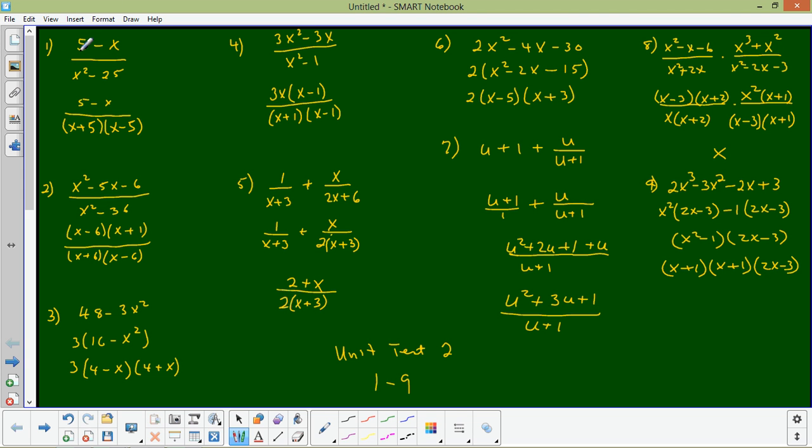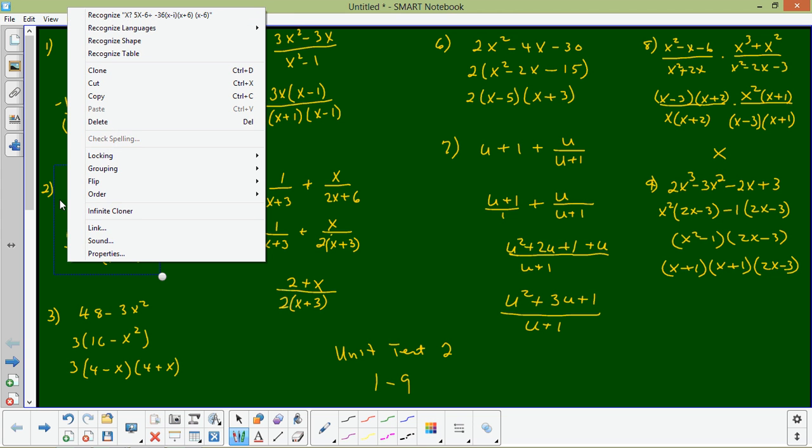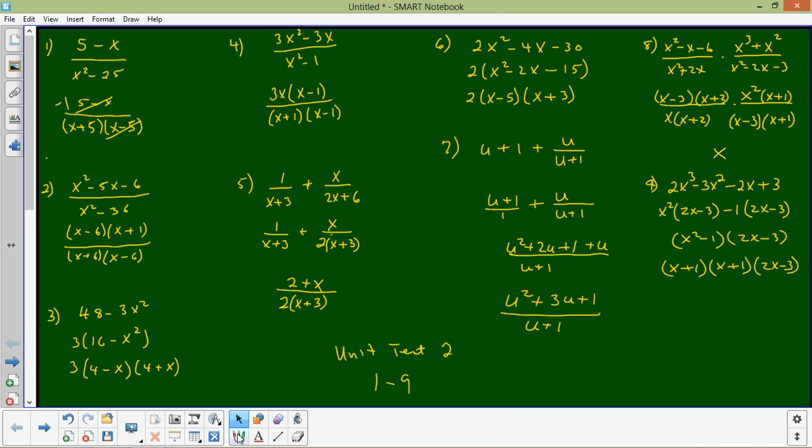Number one here, 5 minus x over x squared minus 25. The x squared minus 25 obviously factors, difference of two squares, into an x plus 5 and x minus 5. And then, swapped around a minus sign, x minus 5 and 5 minus x are signed opposites. So they cancel, but not one for one. They cancel one for minus 1. And so from there, we get a final answer on question number 1 of negative 1 over x plus 5,